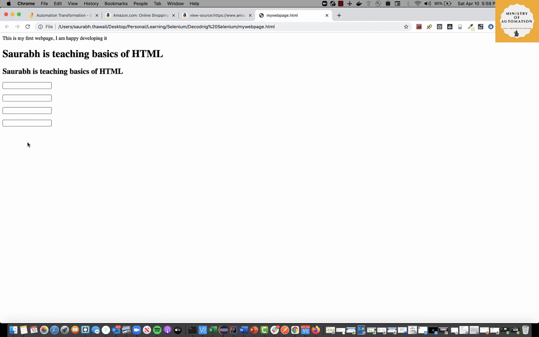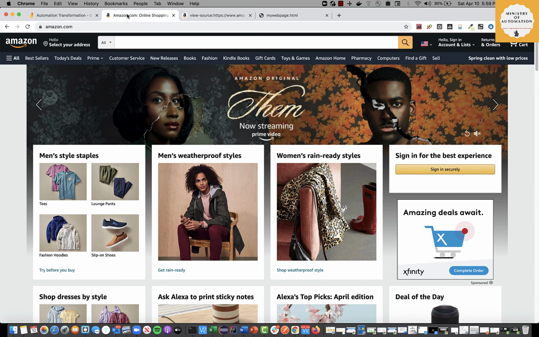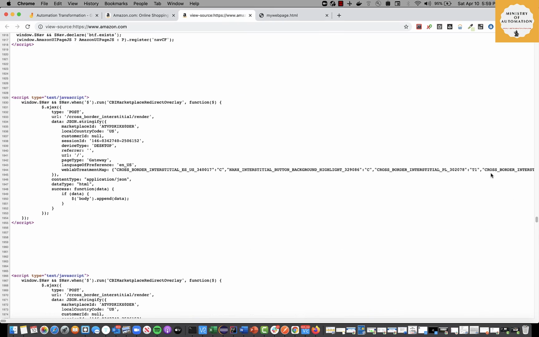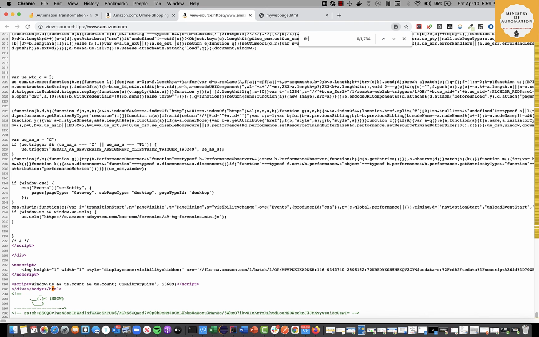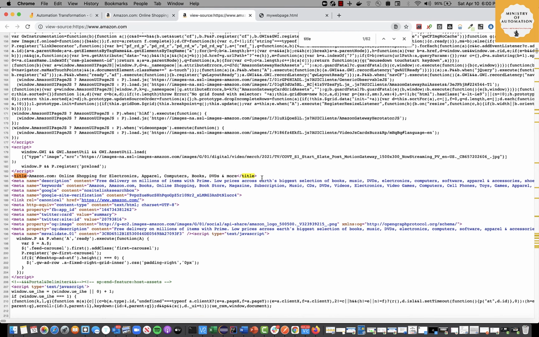If you have ever started learning Selenium WebDriver on your own, then generally the first thing most YouTube videos, blogs, or famous internet websites teach you is how to grab the title of a website and validate it, right? So for example, if this is Amazon.com, if I hover my mouse on this tab, whatever I see, Amazon.com online shopping, in that small drop down, this is basically called the title. If I go to the page source of Amazon.com and search with Control F for title, you see this is the title tag, right?